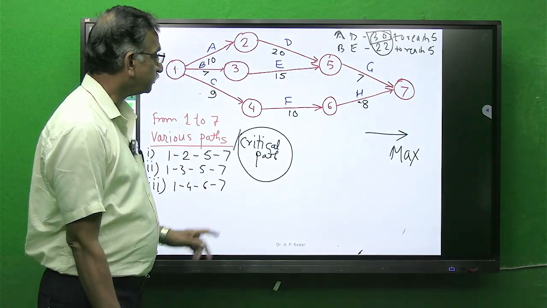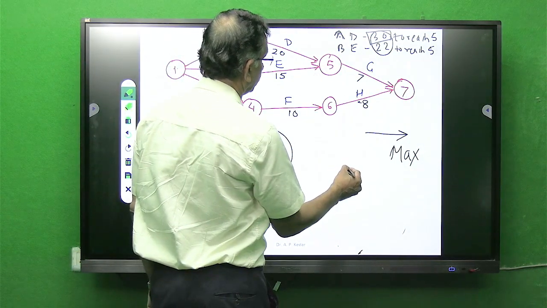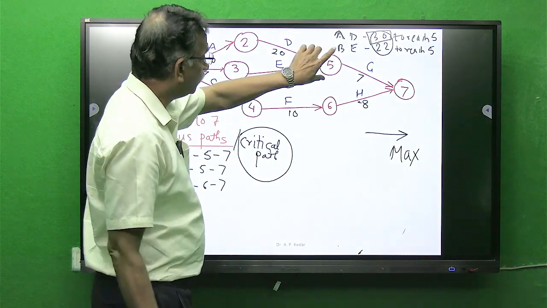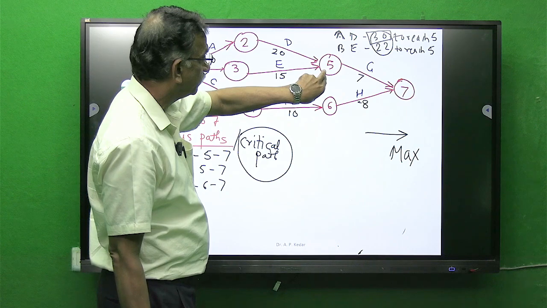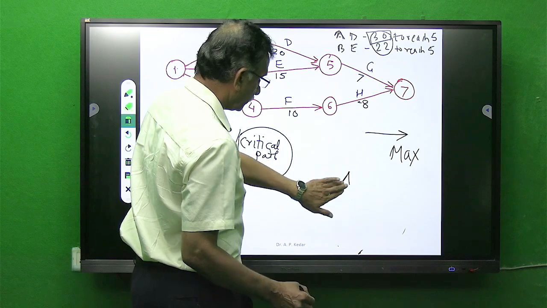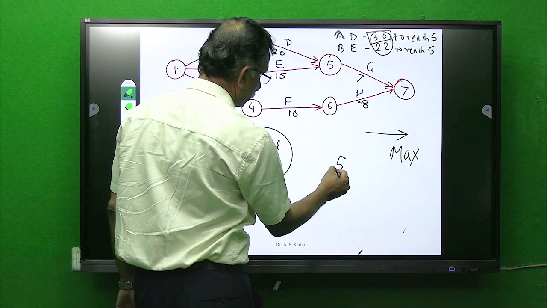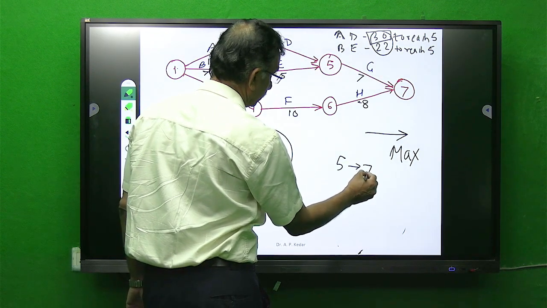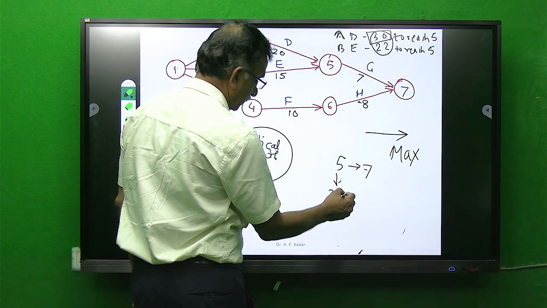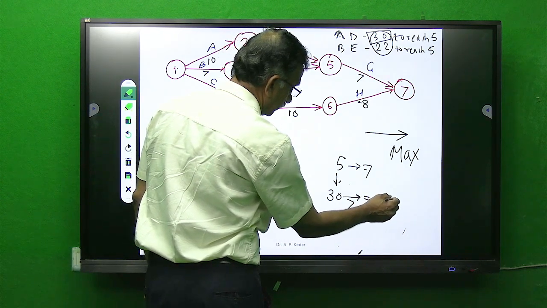Similarly now, consider reaching from these paths to 7. So now I have reached up to 5. From 5 onwards, I want to go from 5 to 7. Time at 5 is 30 days. It takes 7 days. So one answer for me is 37 days